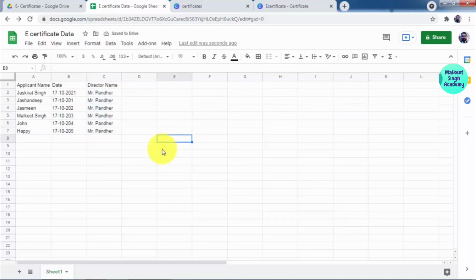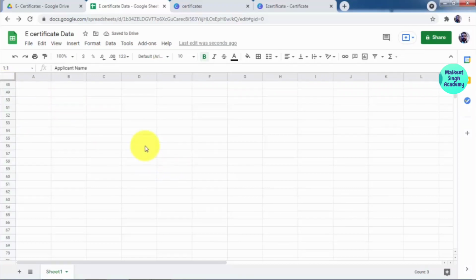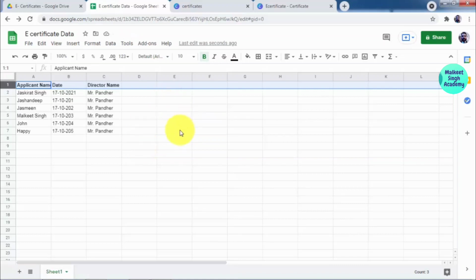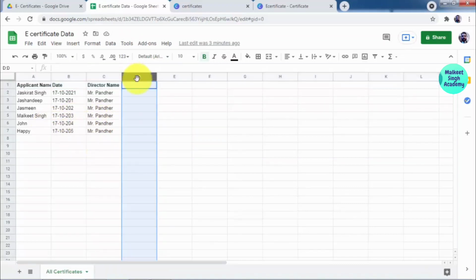Okay guys, now you can see I have completed some 6 entries here. So I have 6 people, but you can add as many as thousands of people here. You can add as many persons as you want in your Google Sheet. And one thing I missed here, I have to add the email IDs here. So I'm going to write email ID. So email ID of different persons, but I'm going to write a single email ID of my